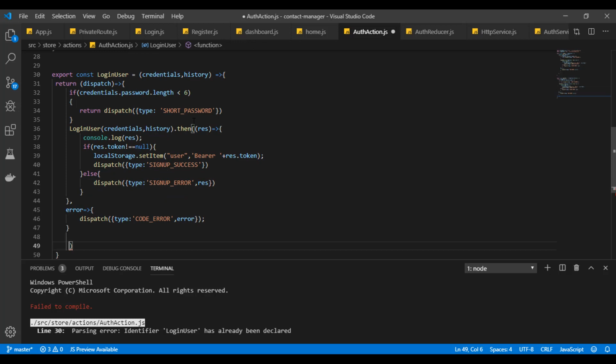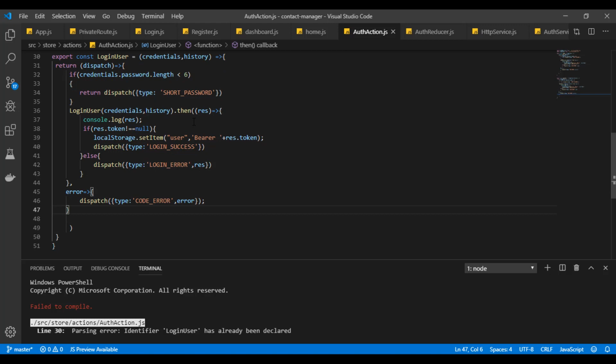Get rid of this. So basically what this is saying is if our response.token is not null, then local storage just set item, and we'll have to set this. Then we'll have to dispatch a type of, not sign up success, but let's change these two to login success, login error. And the last, if there's an error, is going to dispatch a code error. And also we'd like to log our error to the console too. So console.log